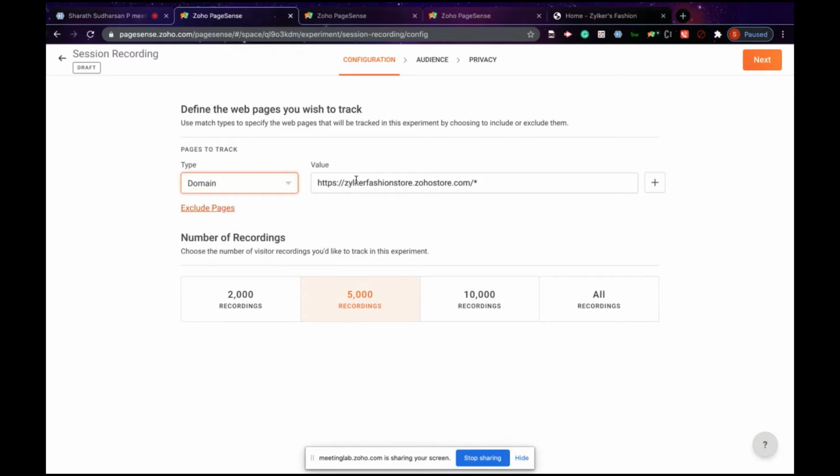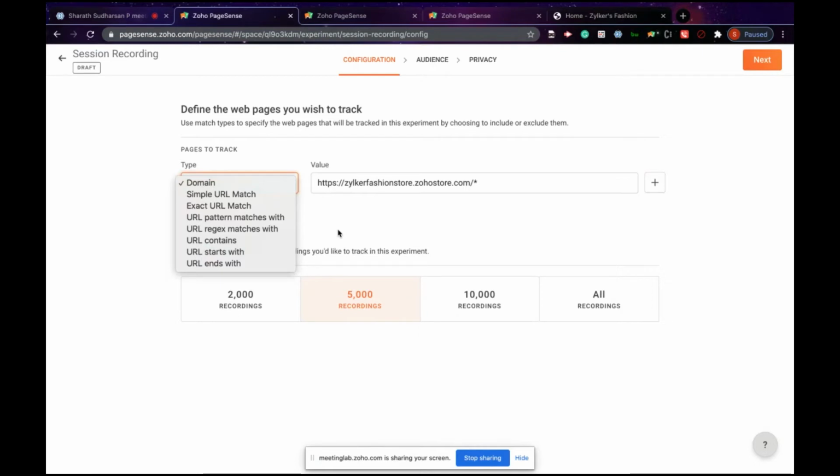For example, if you want to track pages that have the keyword Zilker Fashion Store, you can just enter this name in the value tab and we will be able to track the visitors for that particular one. And moving on to the URL starts with, this match type is used to target pages that start with the entered text, which is case insensitive. And moving on to the final match type, you have URL ends with. This match type is used to target pages that end with the entered value at the end of the URL.